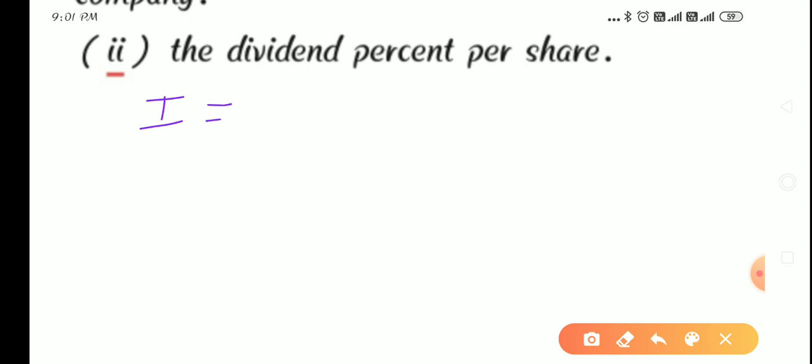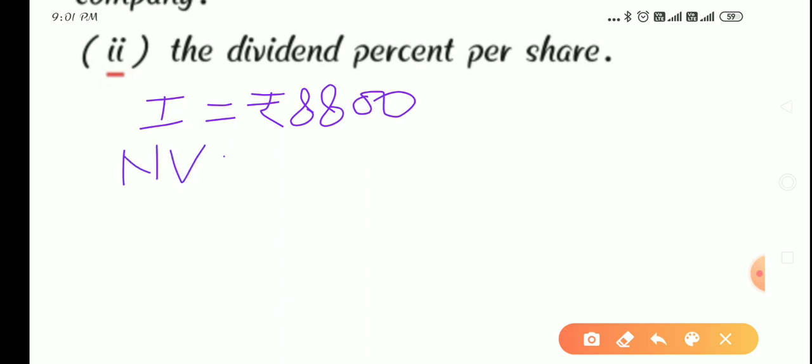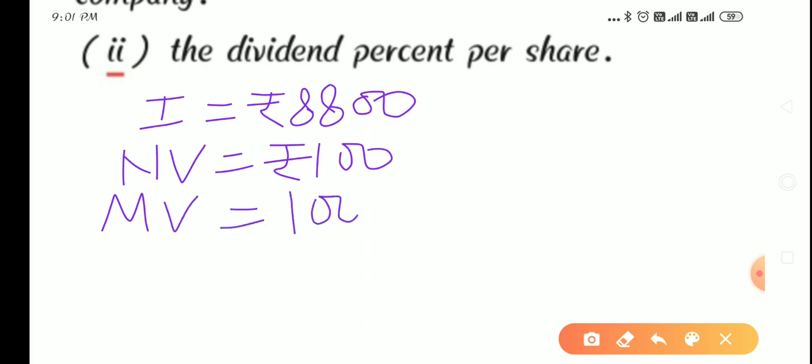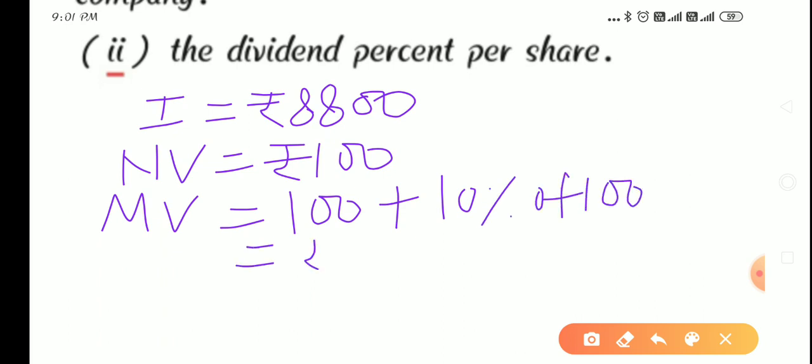Investment rupees 8800, NV rupees 100, MV 100 plus 10% premium, 10% of NV 100. So it will come 110 rupees. So investment, NV, MV and dividend